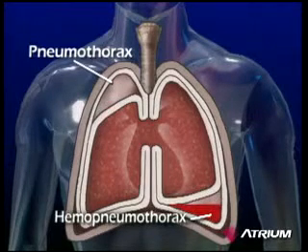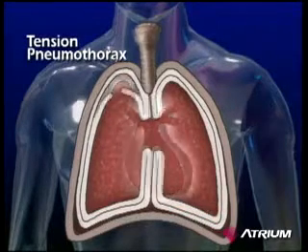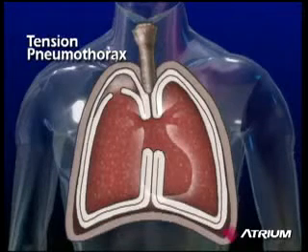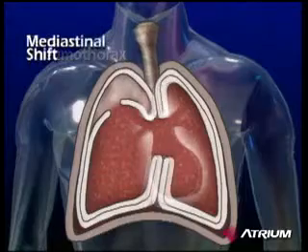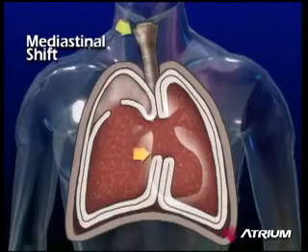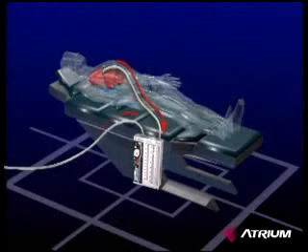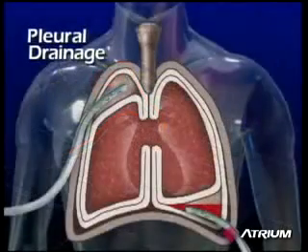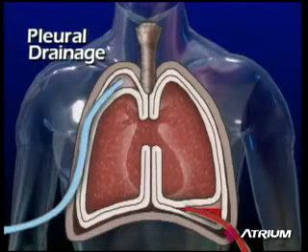If air accumulates in the pleural space and has no means to escape, pressure within this space can rise significantly. This is known as a tension pneumothorax and can result in a potentially life-threatening situation known as a mediastinal shift. That's where the chest tube and chest drainage system come in. To restore the chest to its normal condition, all air and fluid must be removed. The purpose of any chest drainage device is to help re-establish normal vacuum pressures by removing air or fluid in